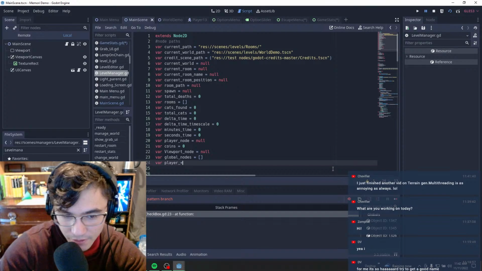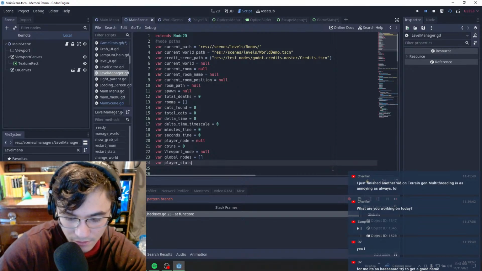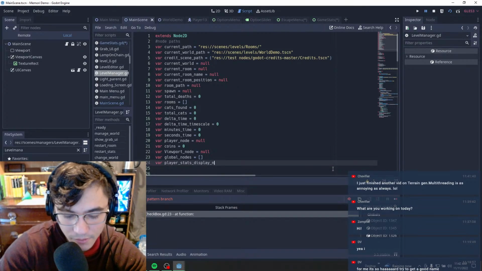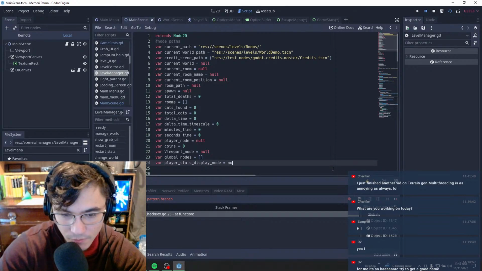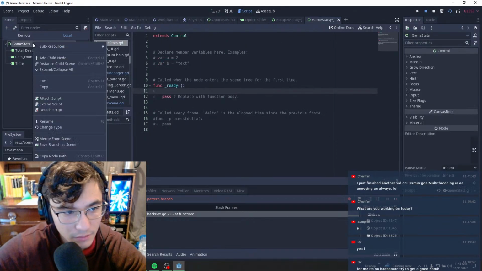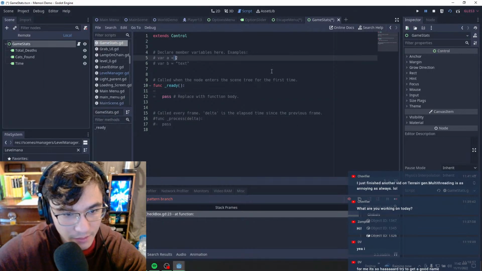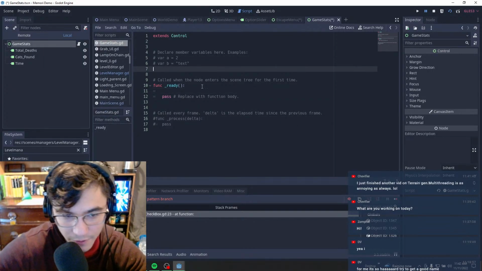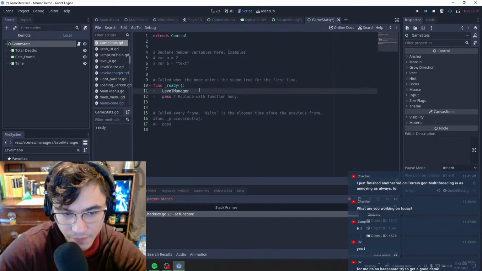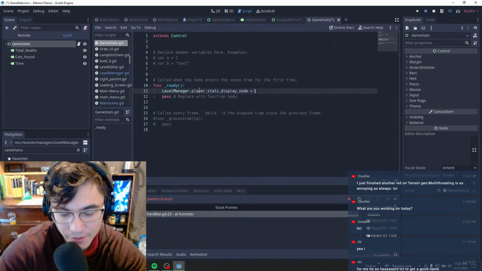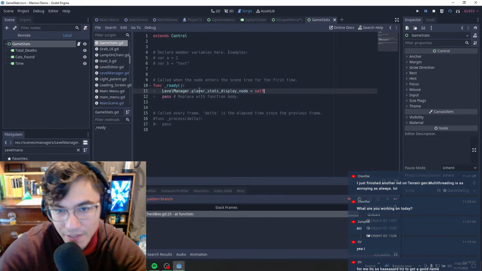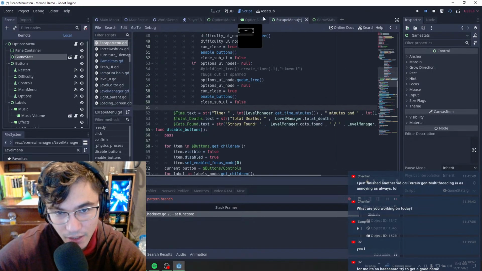We'll say player stats display node is equal to null. And let's add, in our level manager, we'll say level manager dot player stats display node is equal to self. And then in our